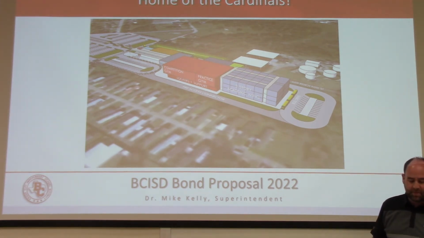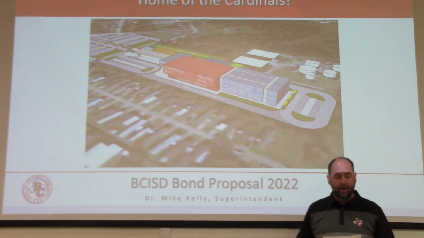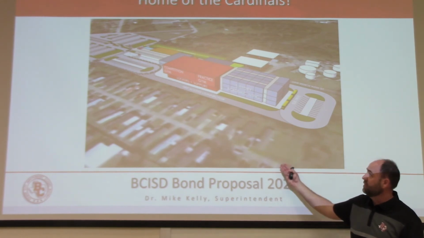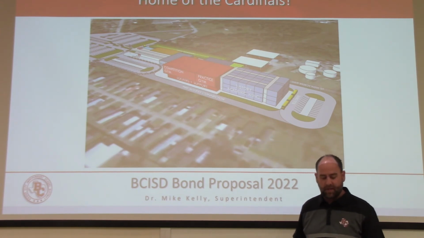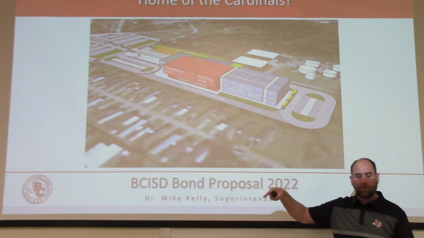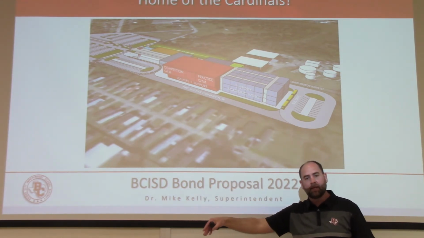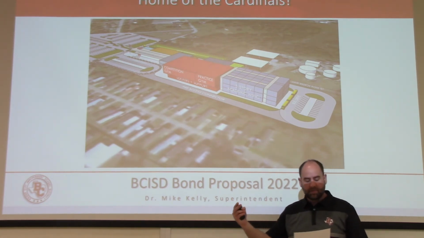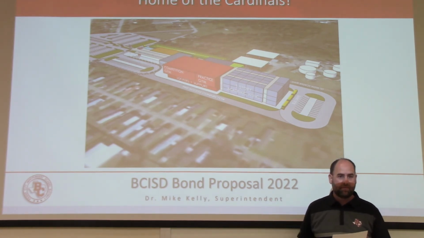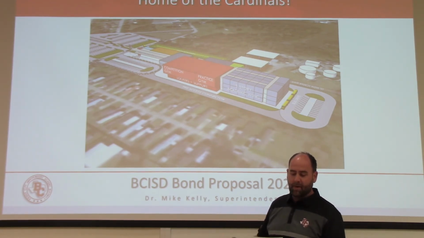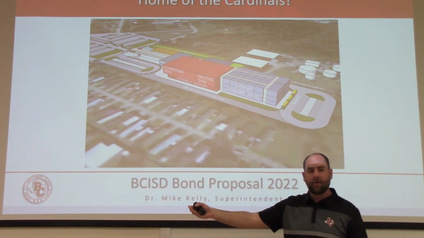Let me talk about some major differences in the 2 buildings. The current middle school is right at 131,000 square feet. This one is proposed to be 160,000 square feet. The current library is 3,600 square feet. This library is projected to be 6,200 square feet. There's 1 gymnasium of 12,900 square feet at the current middle school. The two gymnasiums are proposed to be 12,900 square feet, so the same size, plus a practice gym of 7,400 square feet. The band hall from 2,500 square feet, which is way too small, to 3,500 square feet, plus an ensemble room.